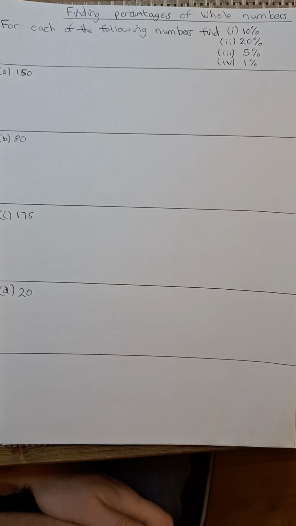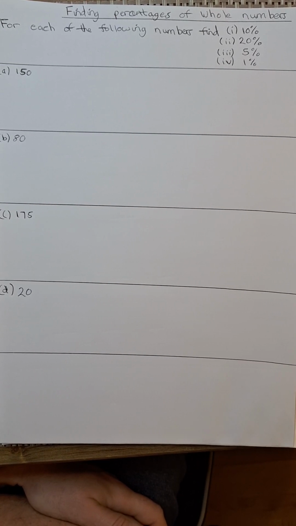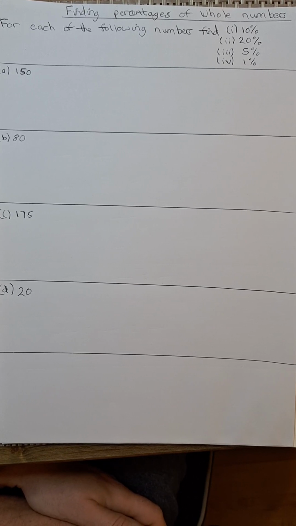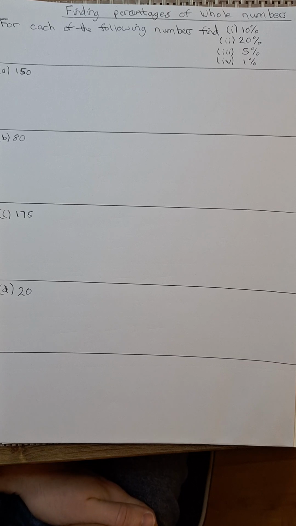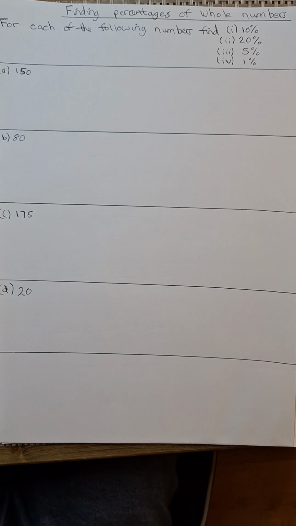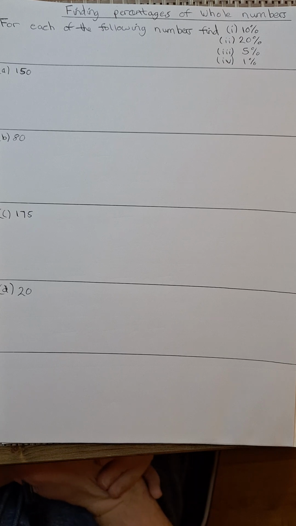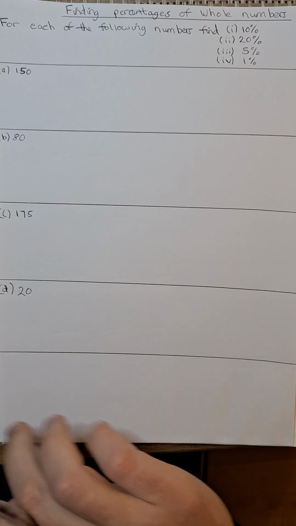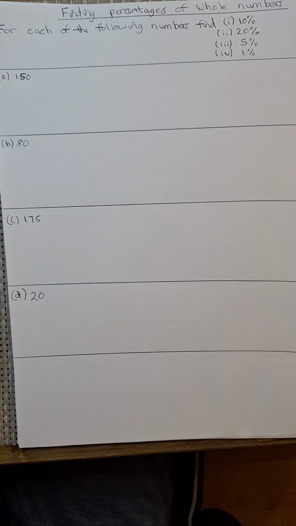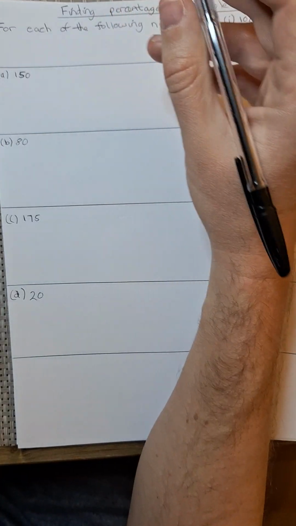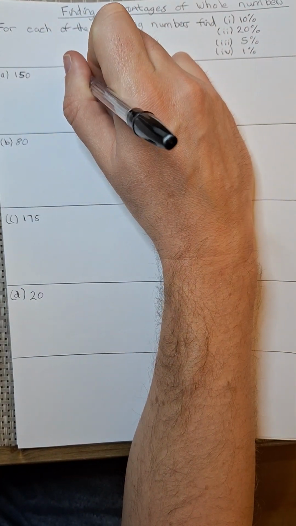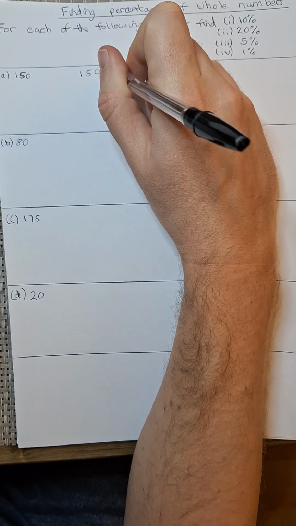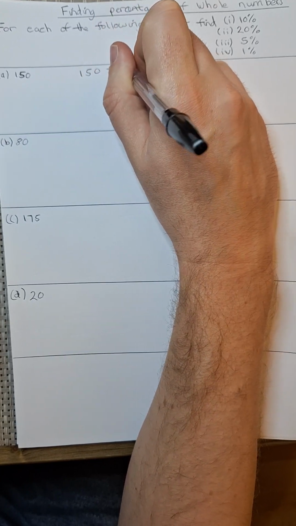So firstly, for each of the following numbers, we're going to find 10%, 20%, 5%, and 1%. First off, we're going to start with 150. The first thing we need to do is find 10%, and the rule to find 10% is we divide by 10. However, you can simply do this another way by saying that 150 equals 100%,